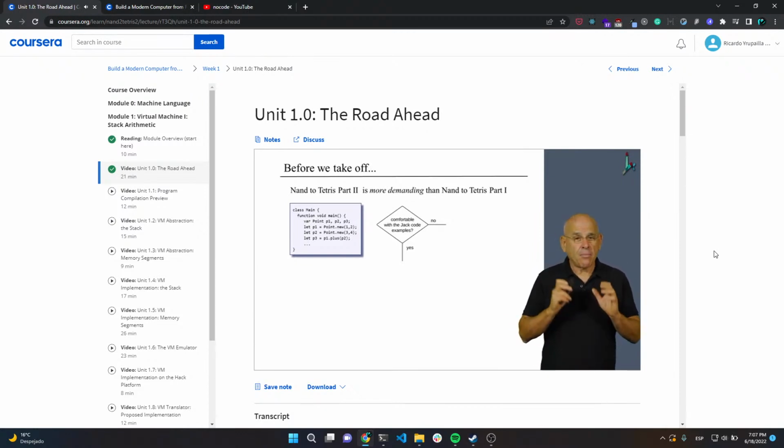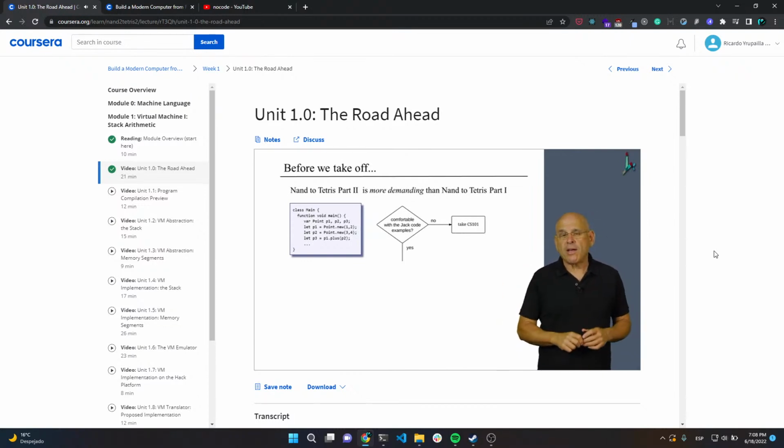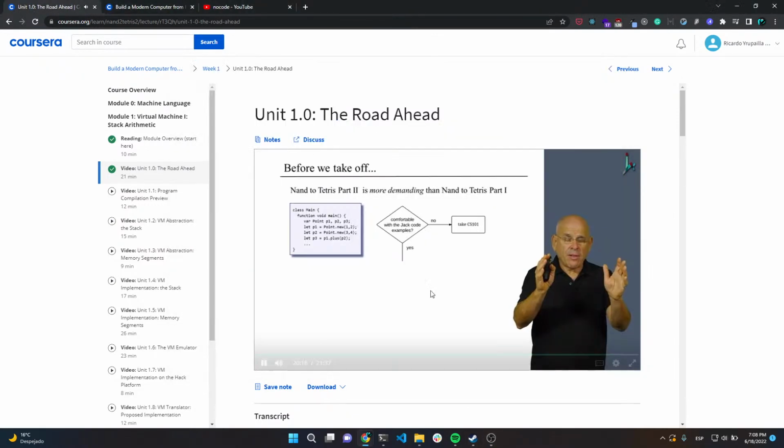If the answer is no, then I beg that you don't take the course and instead go and take some Introduction to Computer Science course, learn the ins and outs of high-level programming using some decent object-based language like Java or Python, and only then come back to us and complete Nand to Tetris Part 2. Of course, you can enjoy the lectures, or at least some of them, I hope, without doing any projects, but then this will miss the purpose of this course. So once again, if you feel comfortable, fine. If not,